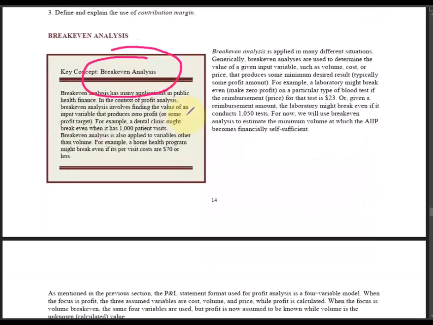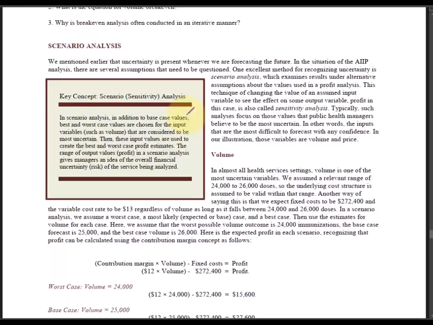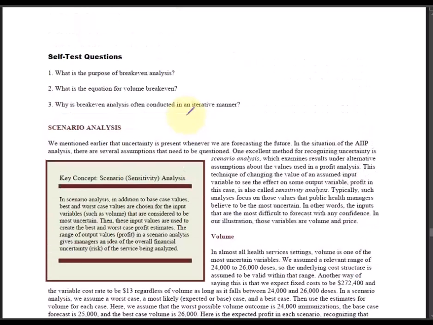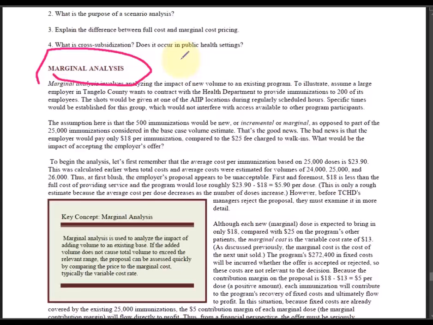The same is true for this key concept, the break-even analysis, which is also described in detail with all the numbers and all the Excel work in chapter 4 as well. Chapter 4 even touches on this concept of marginal analysis as well. So it's worth watching the chapter 4 lecture to understand the mechanics and reading through this just to see how it can